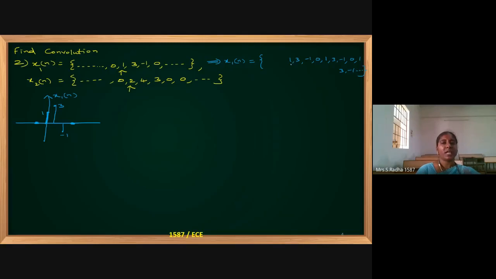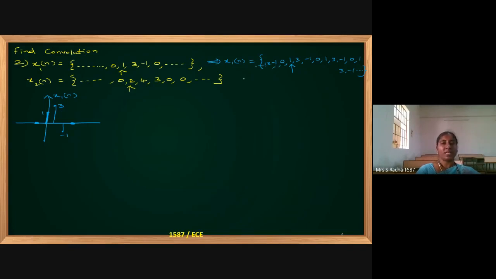This is the arrow mark, element 1. To the left of this one, 0 is present. If you see the sequence, to the left of 0, it is minus 1. To the left of this minus 1, then 3, then plus 1, again 0 will come like that. So these are the elements. It is an infinite series. So the diagram is an infinite series.